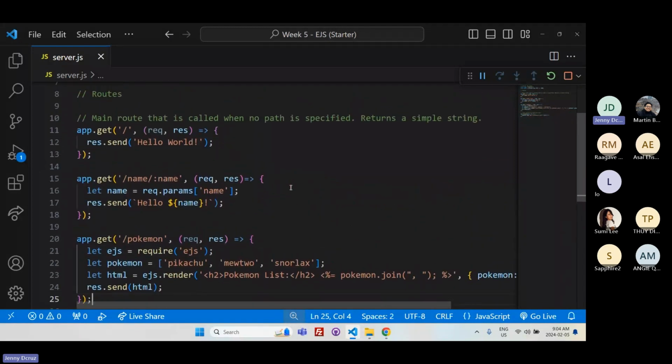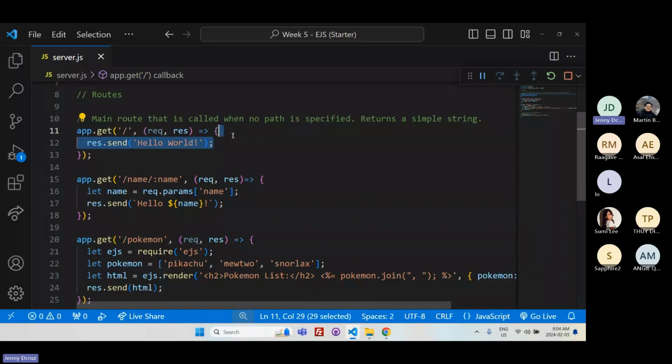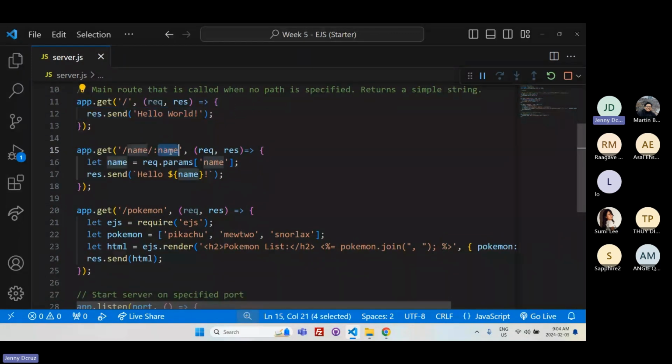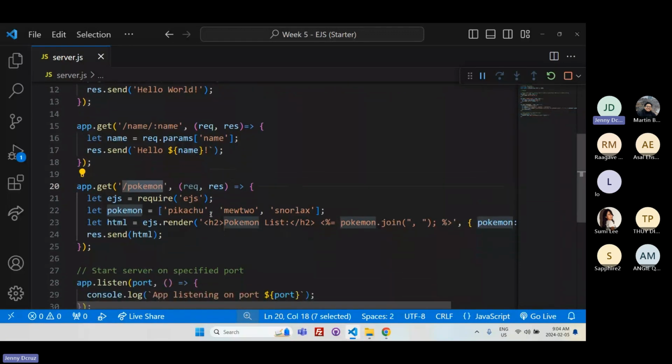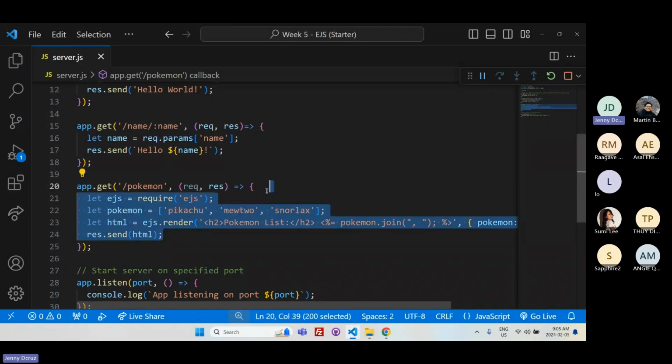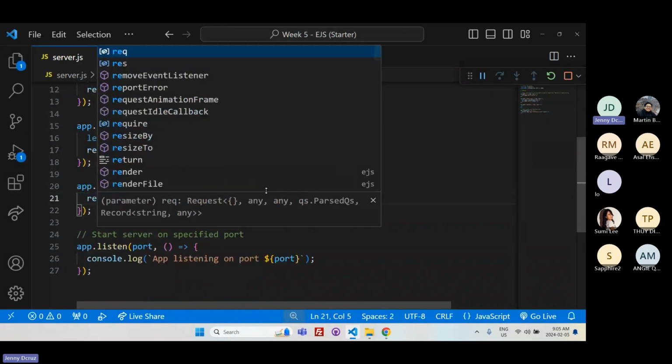So that's a different version of how we simply printed out hello world. If you don't want to pass in a specific value to make your page dynamic, and want to show another static page besides your main home route, then you can also just create more pages, as many routes as you want, by calling upon your app instance and giving each route its own individual name. And that way you are able to display that information. So right now, as you can see, this is using EJS. So I'm going to skip over this example for just a minute, but let's see if I were to print out